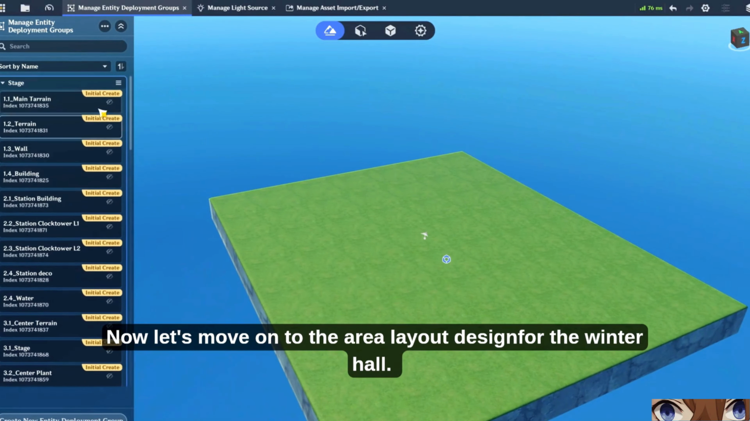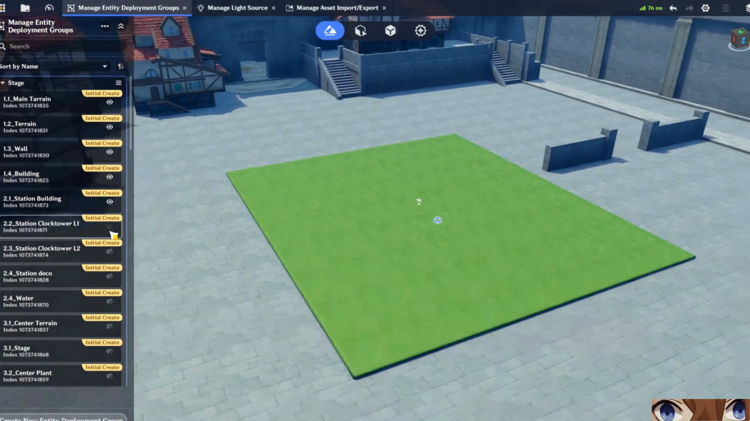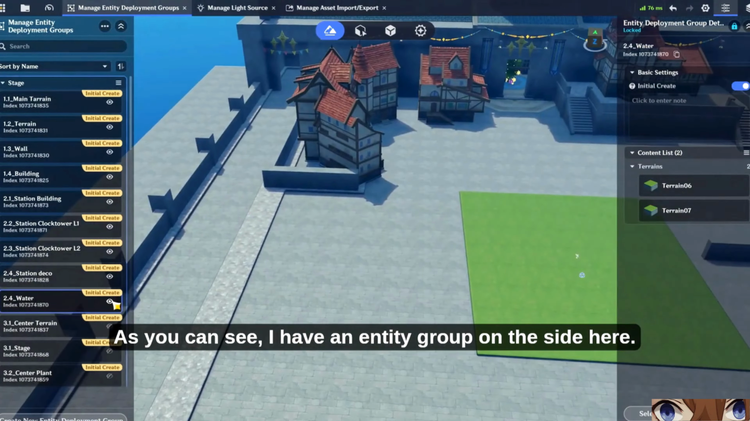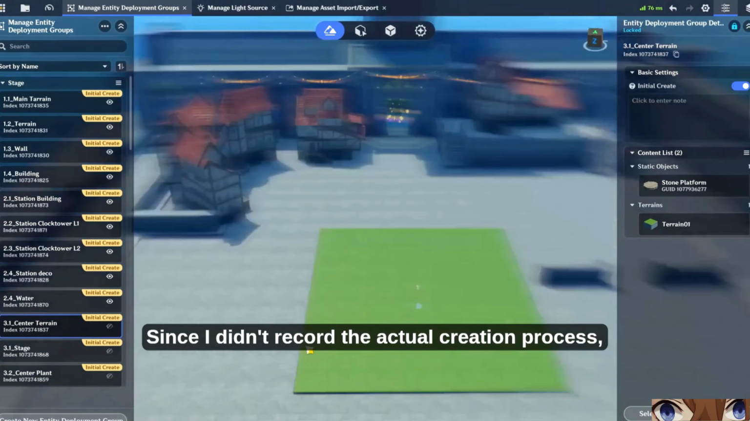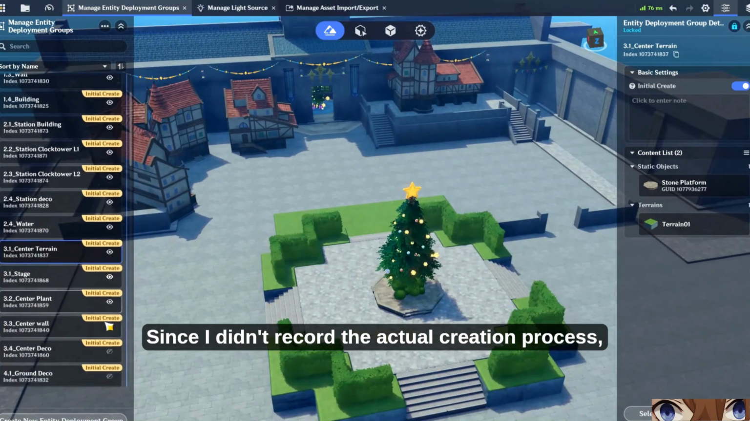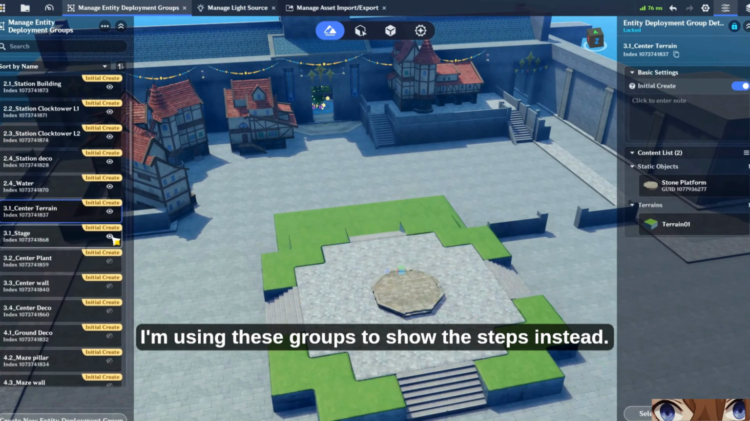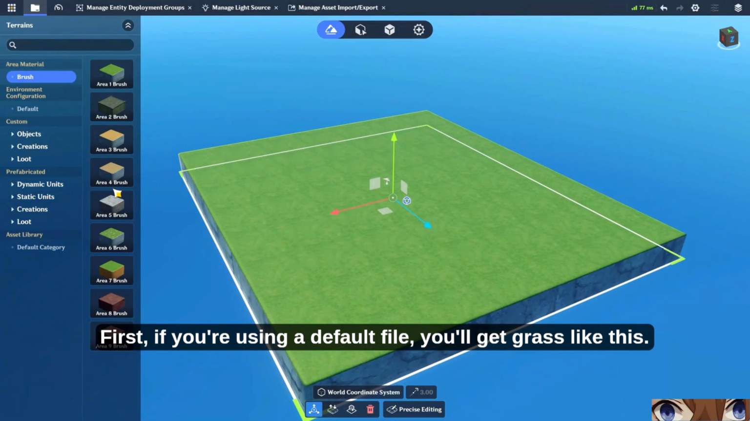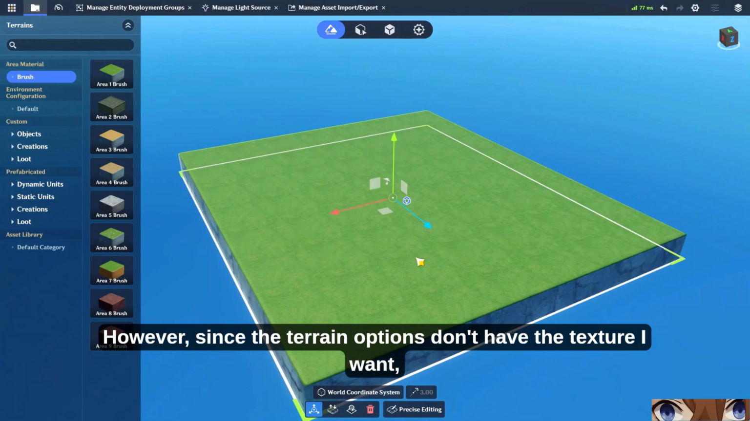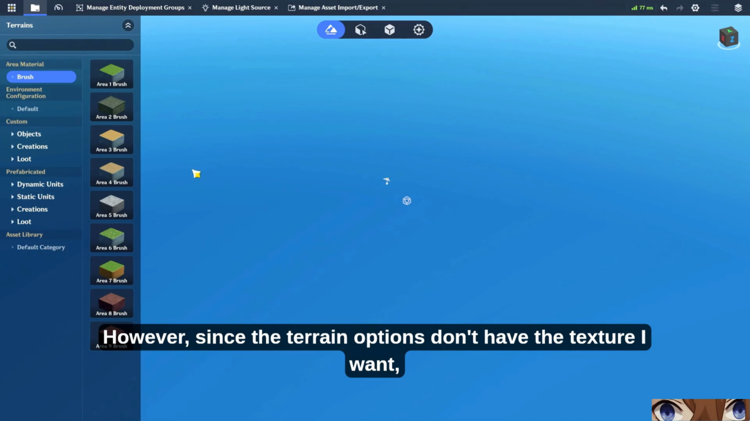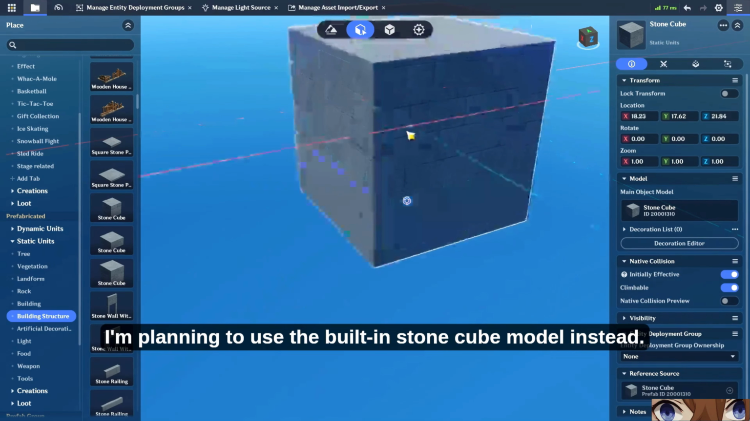Now let's move on to the area layout design for the Winter Hall. As you can see, I have an entity group on the side here. Since I didn't record the actual creation process, I'm using these groups to show the steps instead. First, if you're using a default file, you'll get grass like this. However, since the terrain options don't have the texture I want, I'm planning to use the built-in stone cube model